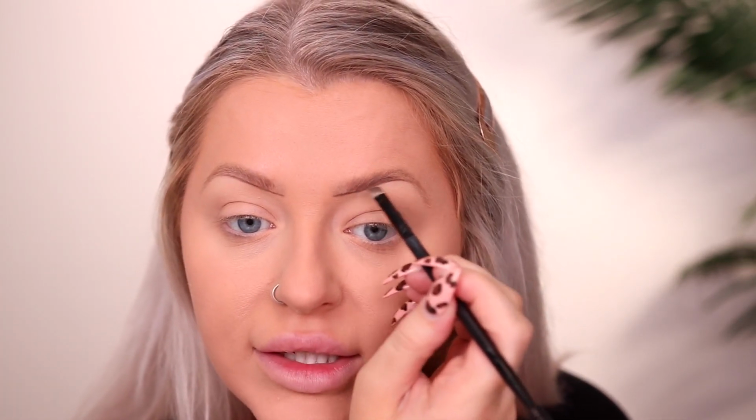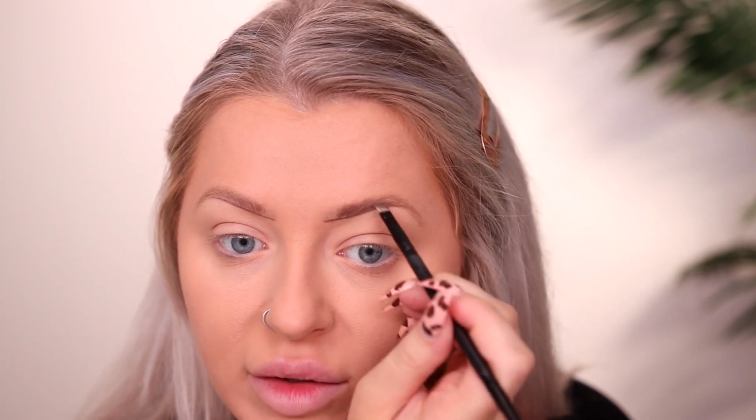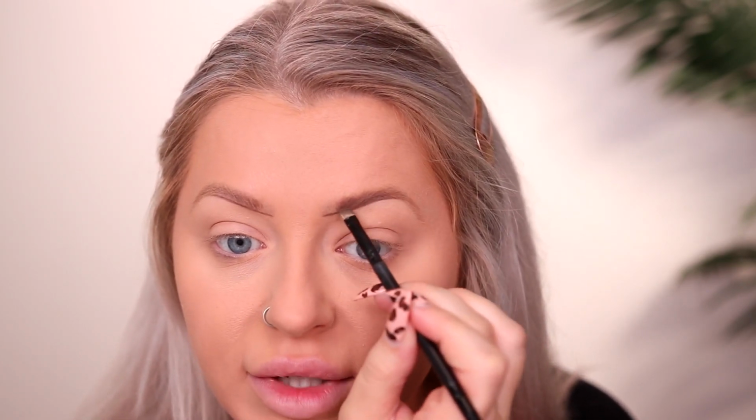Now to fill in the actual brow, I use a ton of different products, any kind of dip brow. I use the Anastasia, I also like the Iconic London, but I have been really liking this Maybelline. I have this shade here, Soft Brown, and this is just the Tattoo Studio Brow Pomade. Because my brows are so light, I have to fill in because you can see I still have sparseness in quite a few areas. So I take any brow brush that I have and I like to fill in starting at the bottom and kind of flicking it up. I want the most pigment close to where I put that line because that's where I have kind of...